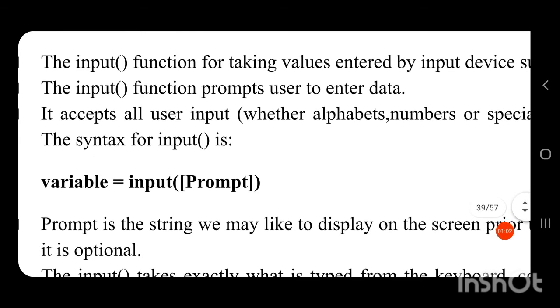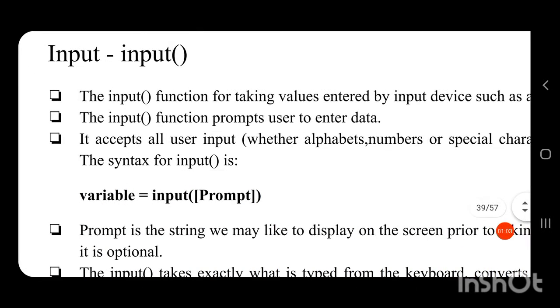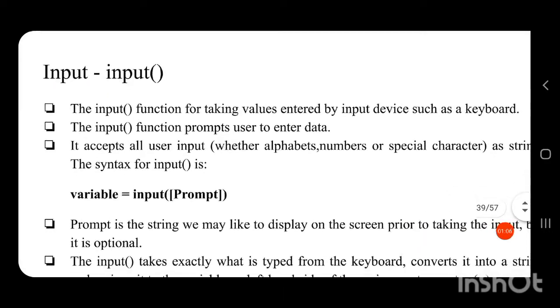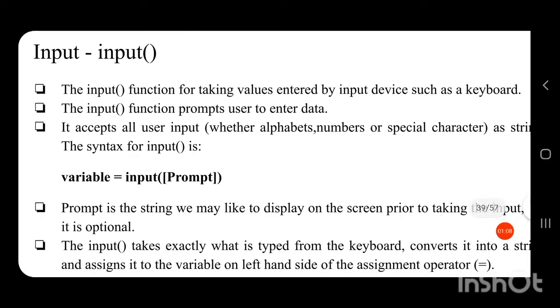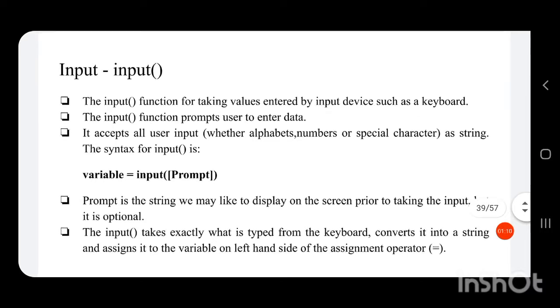The input function is used for taking values entered by an input device such as a keyboard. Anything that is entered through a keyboard is taken by the input function.